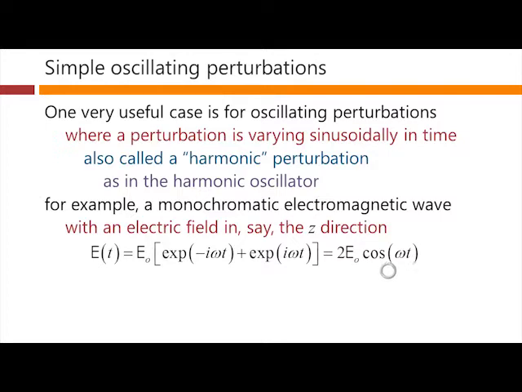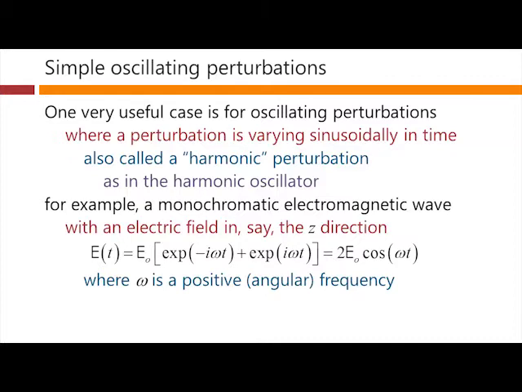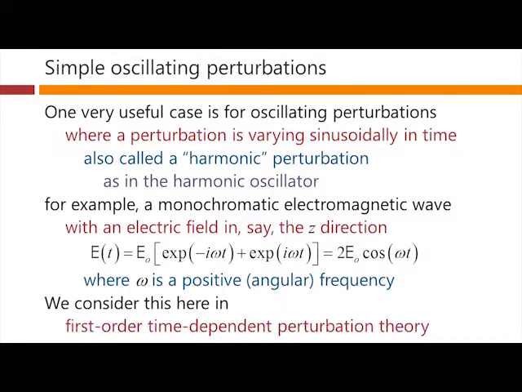So here we have a cosinusoidal variation in time on the right, and we've written that in terms of the sum of two complex exponentials, which will turn out to be a very convenient way to separate this. And we have an amplitude for the field out the front here. Here, omega is chosen to be a positive number, positive angular frequency,